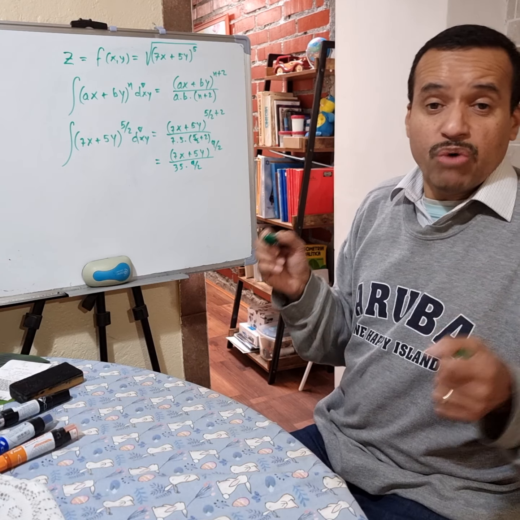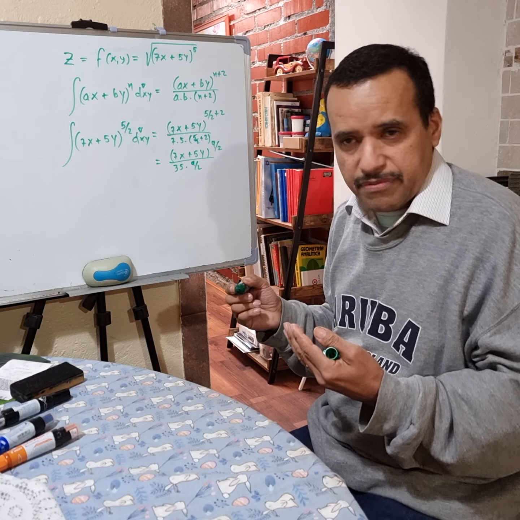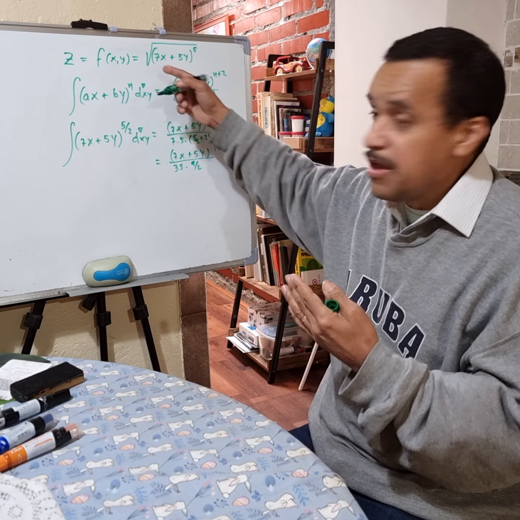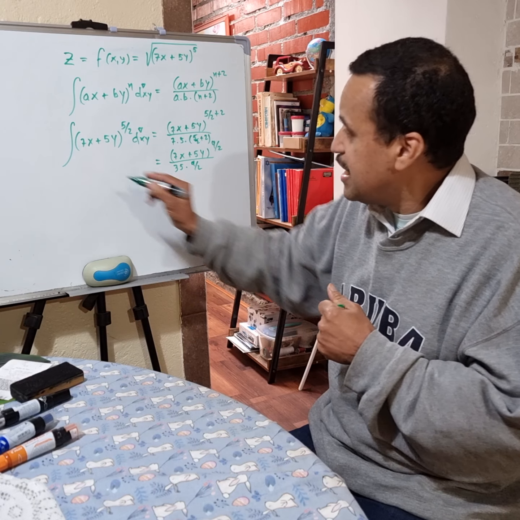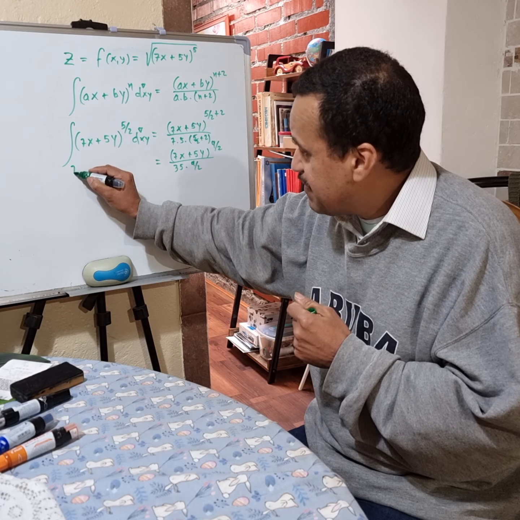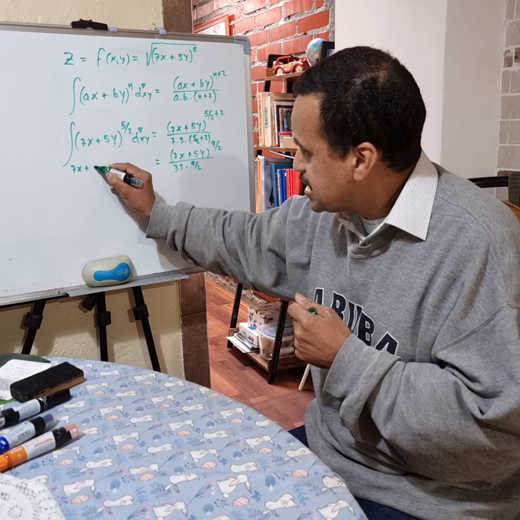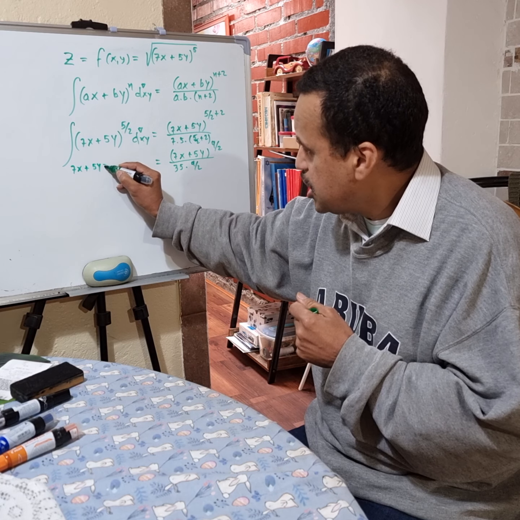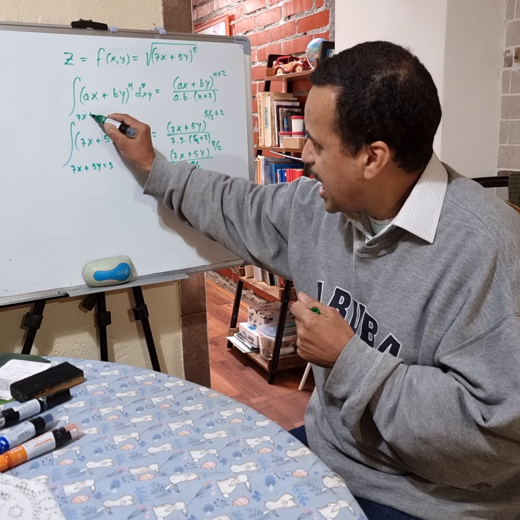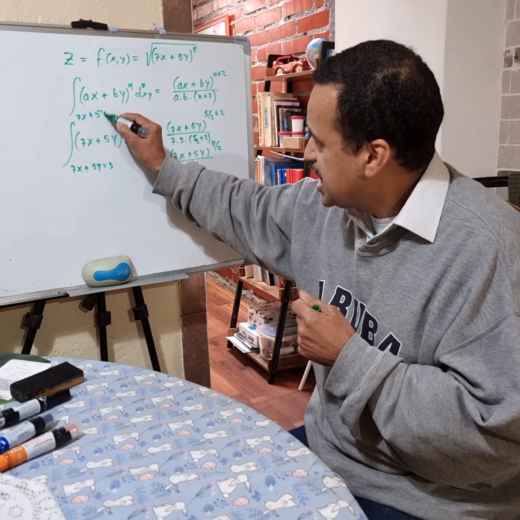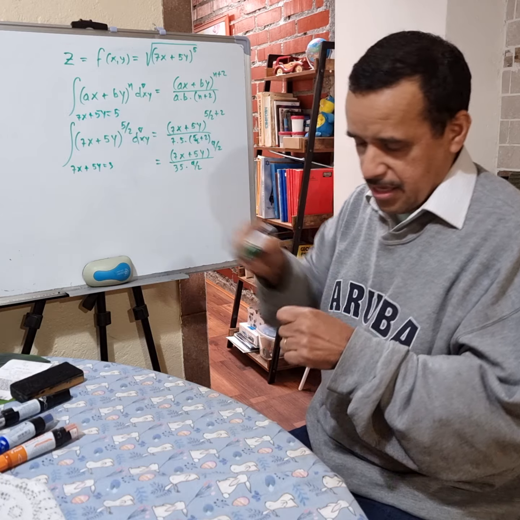And if we want to calculate, for example, this volume between two planes, just like 7x plus 5y equals 3 and 7x plus 5y equals 5,